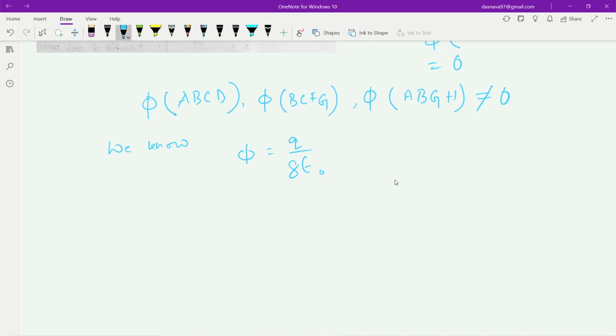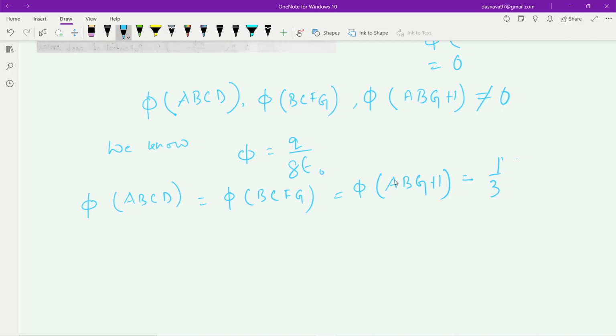So according to this, phi of ABCD equals phi of BCFG equals phi of ABGH equals